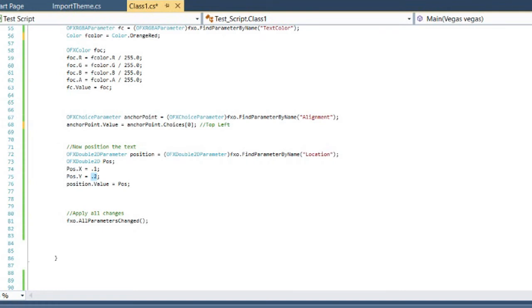So then once we have our position X and Y created, I'm just setting the position value equal to that position. And then finally, the titles and text has an all parameters changed command that you can call, and that will make sure that all of the changes that we have made up above get applied. So we're just going back to the FXO, and we're calling the all parameters changed. So now when we save this and run it,